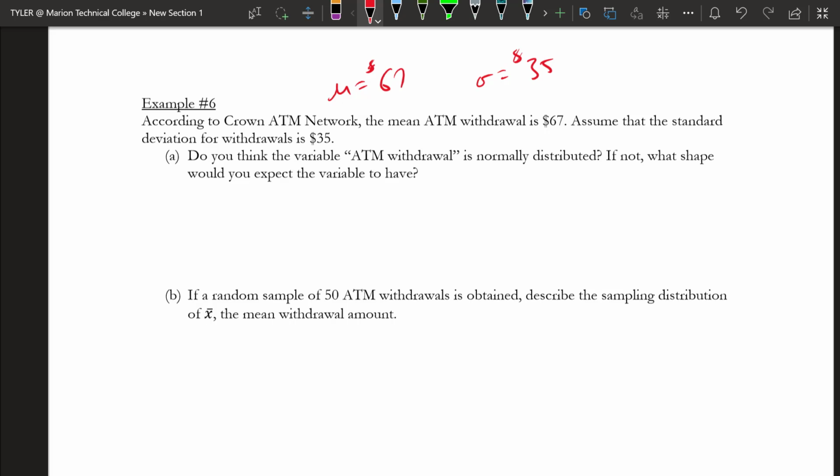Right? So, this might take some time to think about, but if you really think closely about this, what kind of distribution shape would we think that ATM withdrawals would look like? So the way I think about it is, a lot of people, when they go to the ATM, they might get $20, $40, $60 out, but usually you don't get a whole lot more than that, right? So, for example, someone getting like $600 out of an ATM is pretty rare, right? That's going to be atypical, right? So, if you think about it, it's going to look right skew,